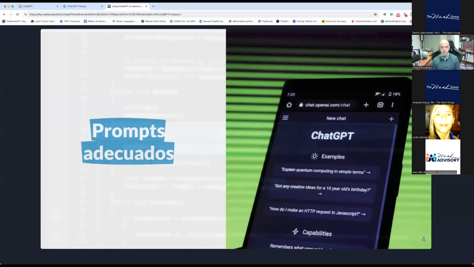Ok? So, how does ChatGPT work? ¿Cómo funciona ChatGPT? You have to give the software prompts. Ustedes tienen que darle al software instrucciones, lo que en inglés se llama prompts, que son como instrucciones, guías, but they have to be adequate. Tienen que ser adecuadas.